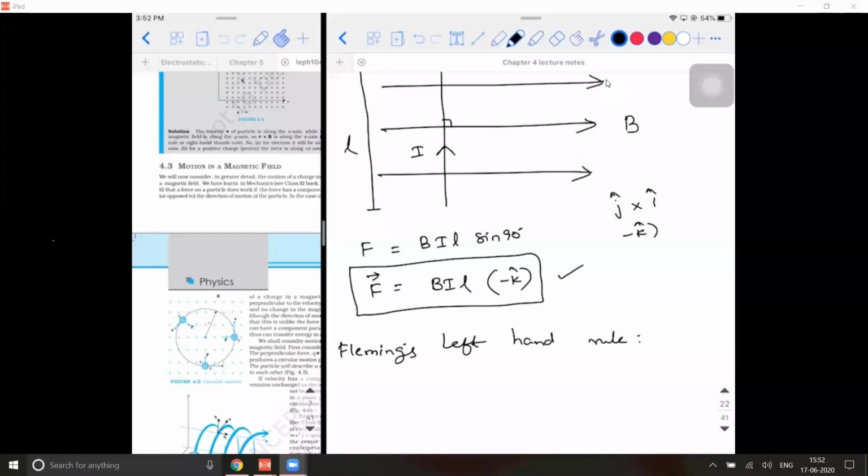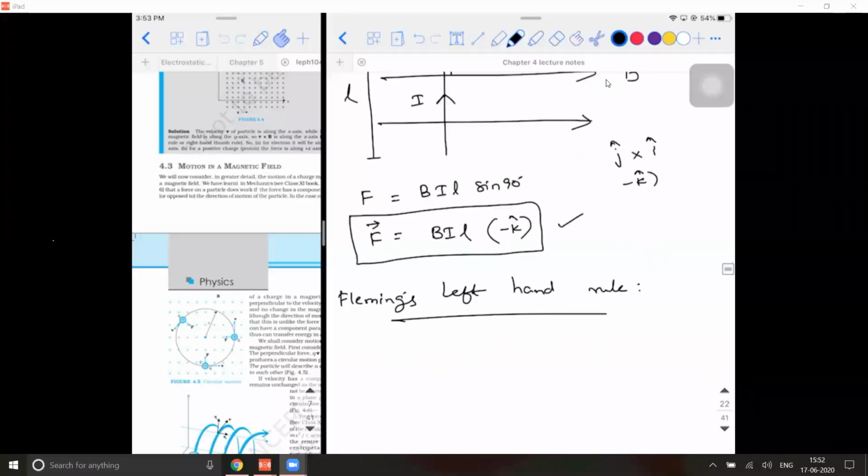So what does this rule state? It is not a thumb rule, okay? Because you are using three fingers. We call that right hand rule the right hand thumb rule because the thumb is mainly used of the right hand. So here it is Fleming's left hand rule. What does this rule state? Extend the